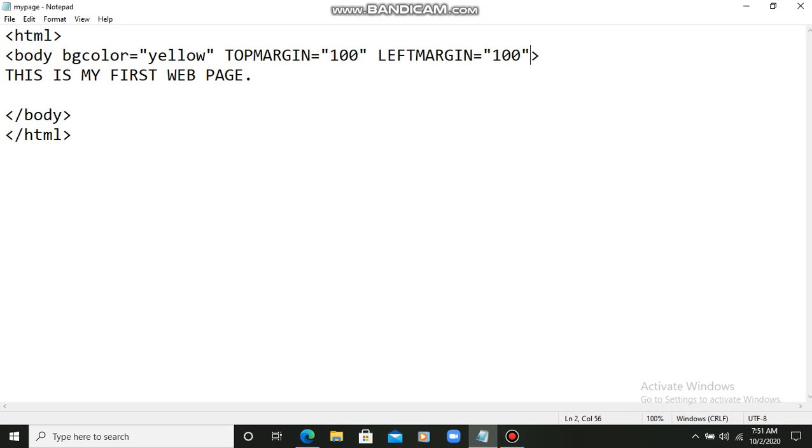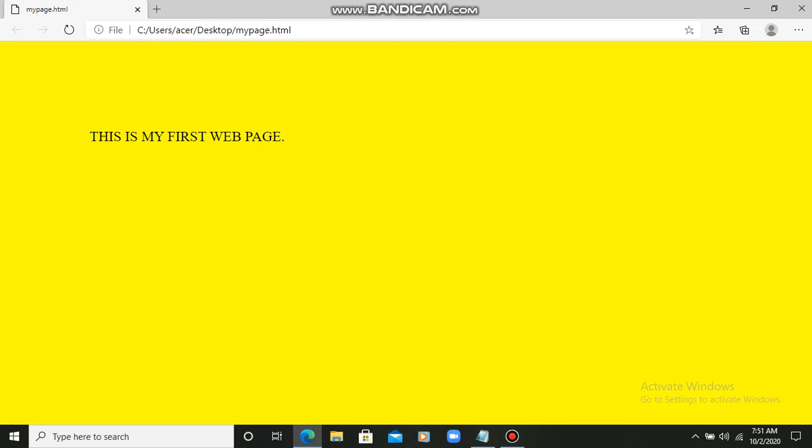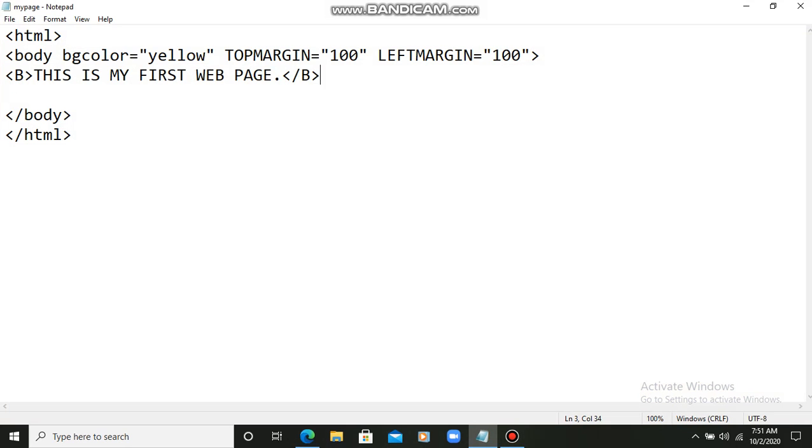Now, students, what we can do is make our text bold also by using a B tag. I told you in the beginning also. By using a B tag, and we have to close the B also, for making the text bold. Control plus S I am doing, and let's see if I run it. Now my text is in bold. But students, we can also make use of a BR tag.